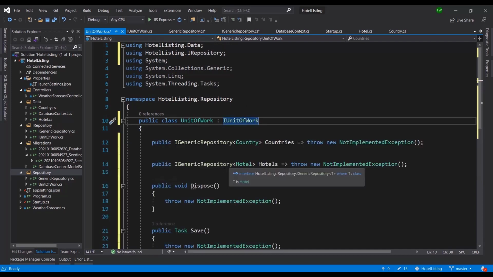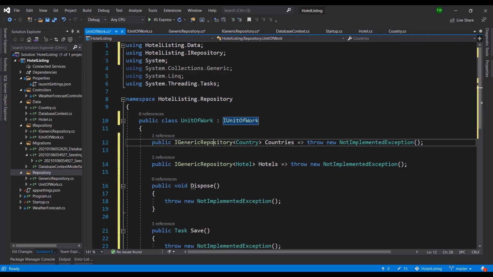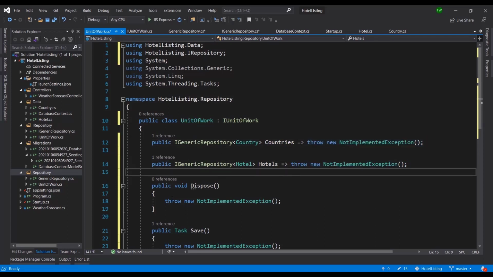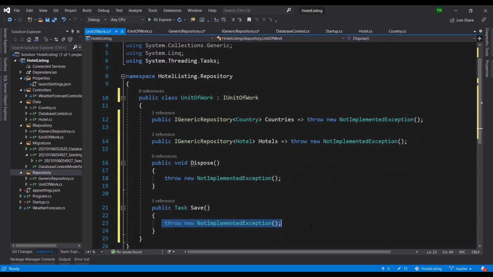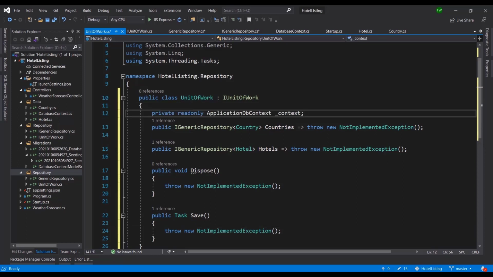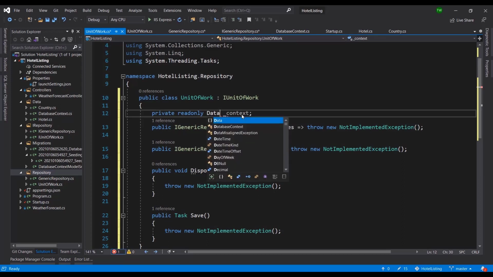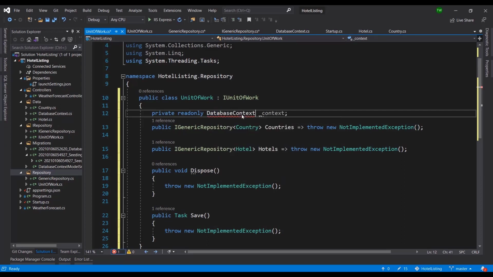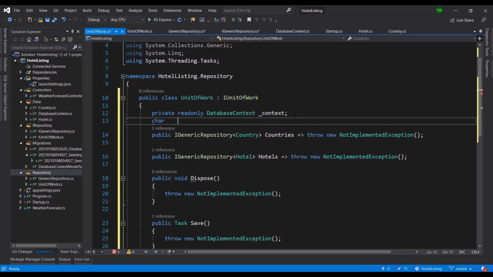All right. So then what this is really just going to do now is say, all right, you know about countries. What should I return when you call on countries from me? What should I call on here? What does dispose do? What does save do? Those are the things that we need to define. So firstly, I'm going to include a reference to the database context, right? Similar to what we had before. And then I'm going to define my constructor,